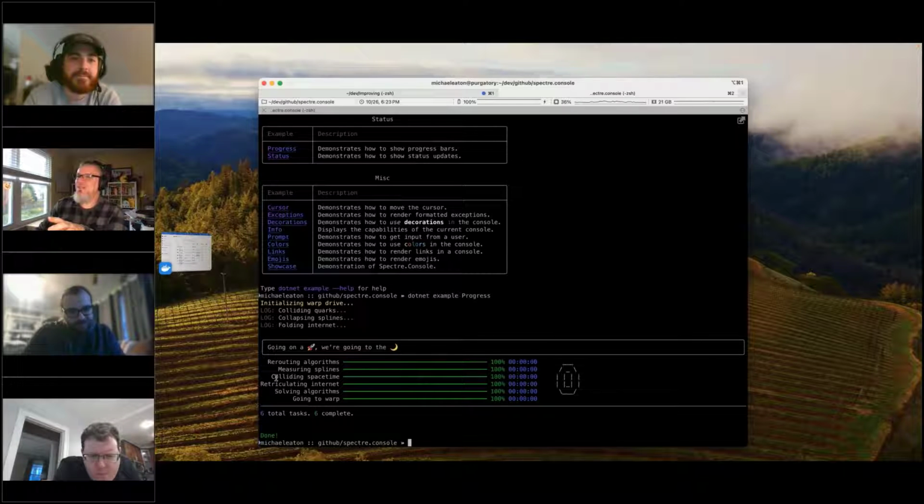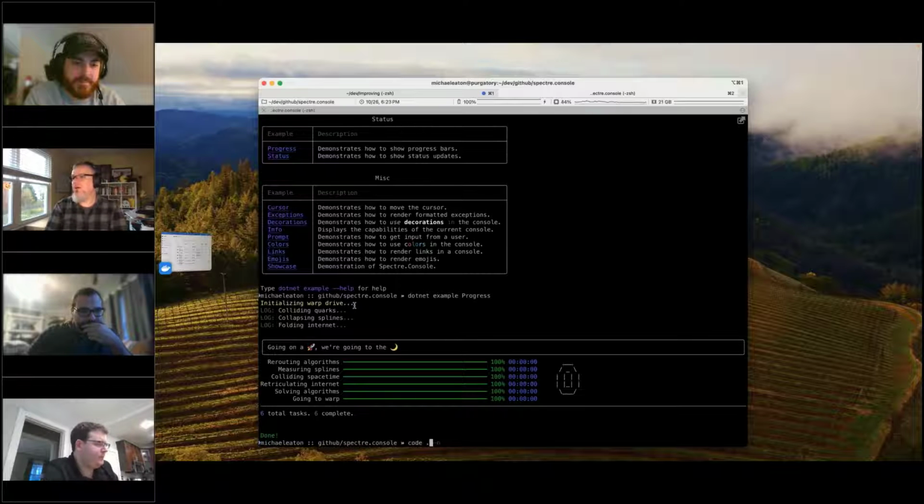But you can see this is the progress component. You can also see, look, it's showing an emoji. It's just doing some cool stuff here, right? So that's a good way. And honestly, you can, if you want to